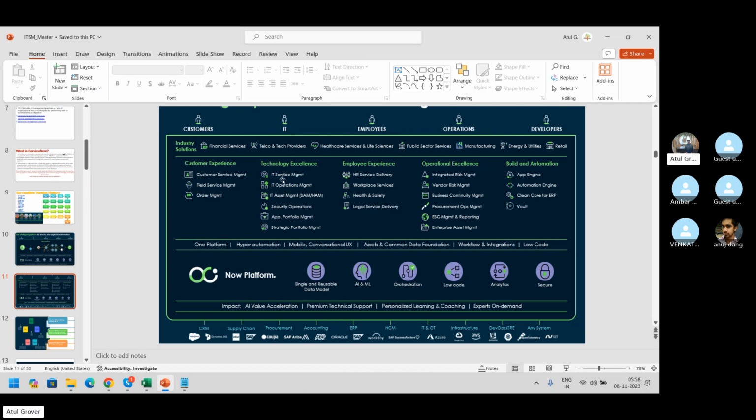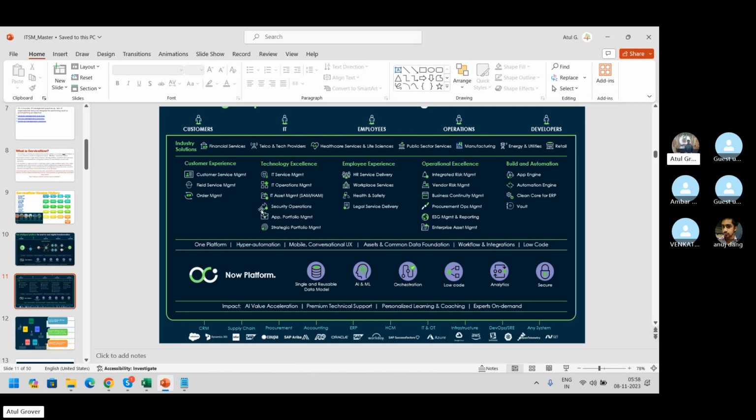In IT, we have IT service management, ITSM. We have IT operations management. Operations guys are always worried about monitoring, alerts, events, infrastructure. They are the ones. IT asset management, SAM and HAM, software asset management and hardware asset management. I have no idea about this product.